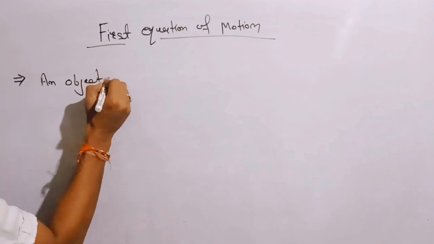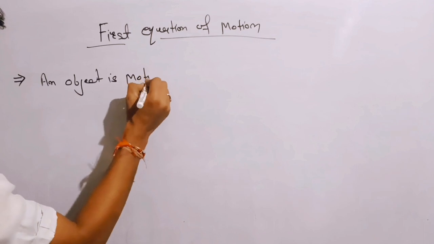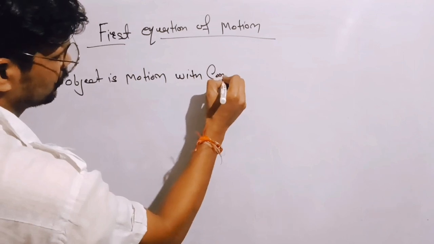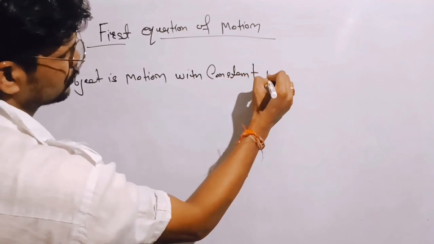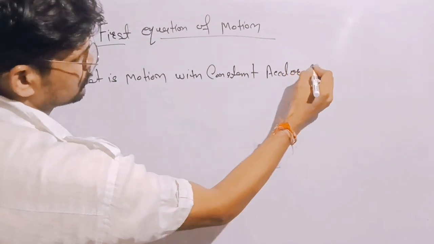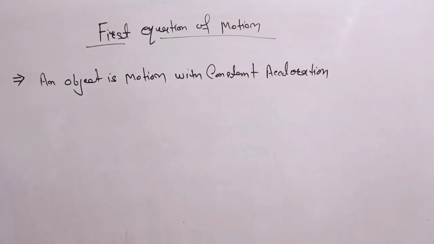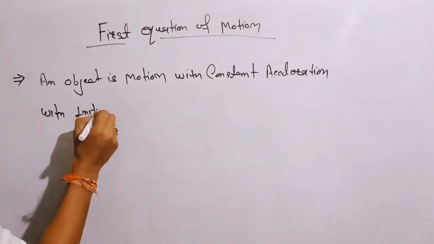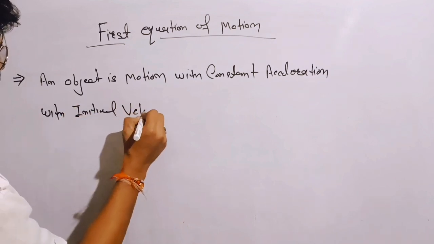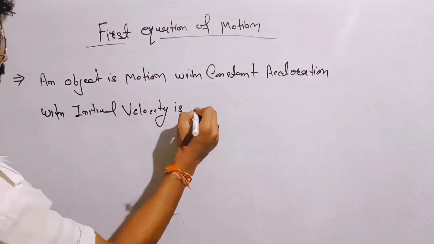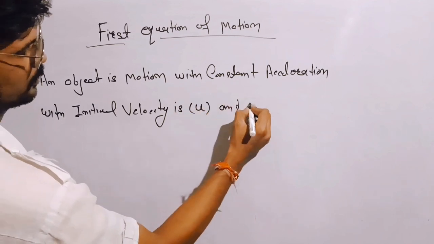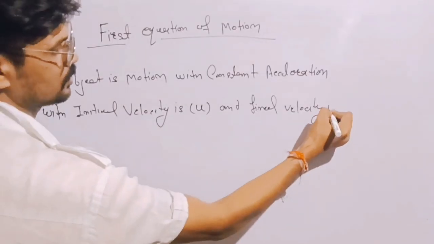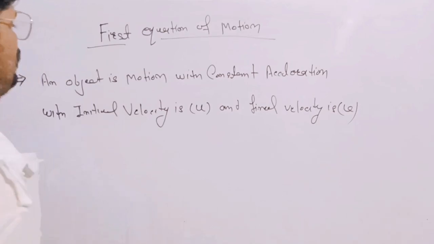An object is in motion with constant acceleration, with initial velocity u and final velocity v,